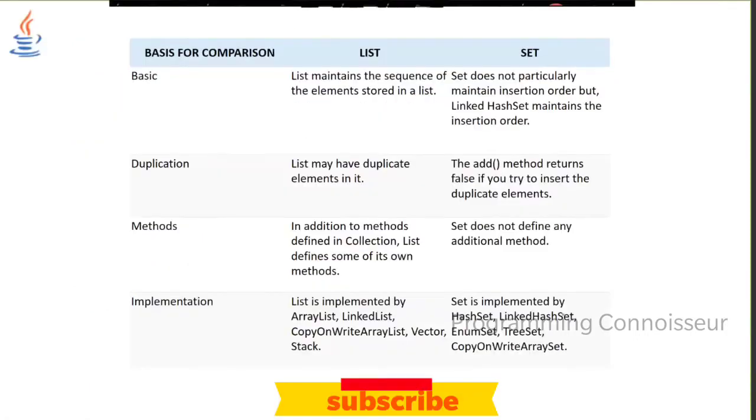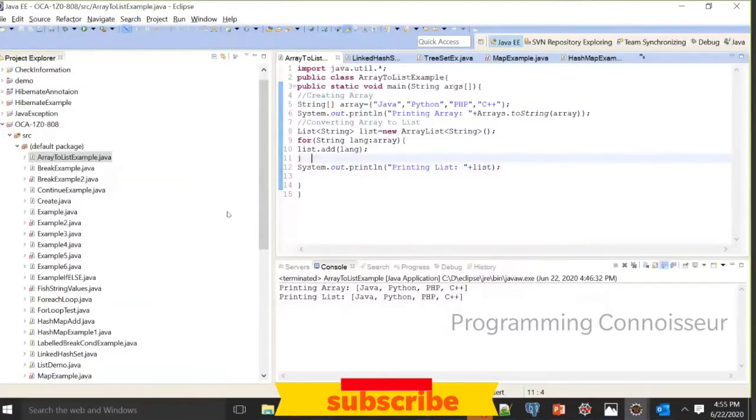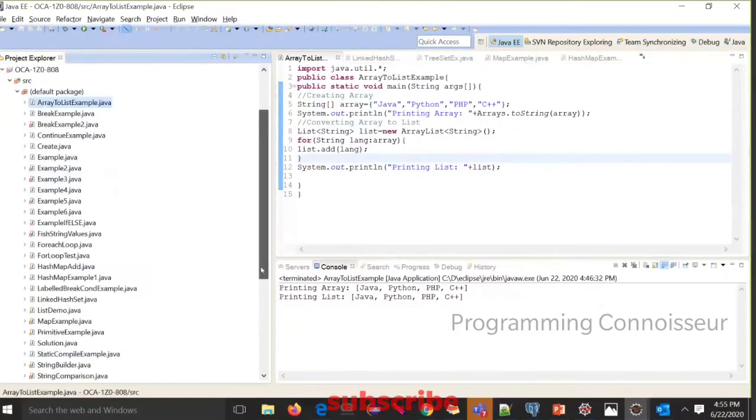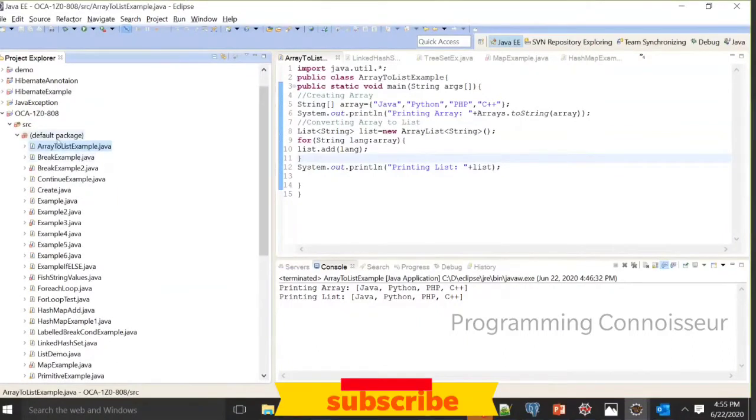Right. We will see one example, then we will move to the theoretical part. So now we are creating a set of values.